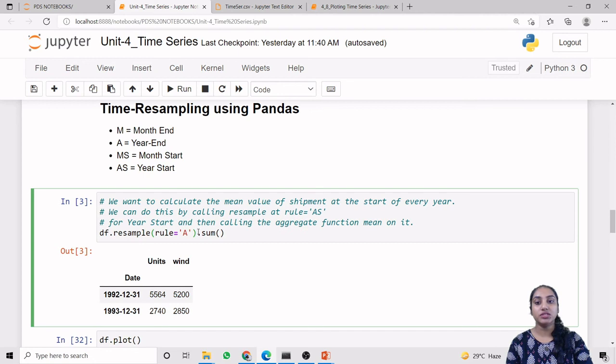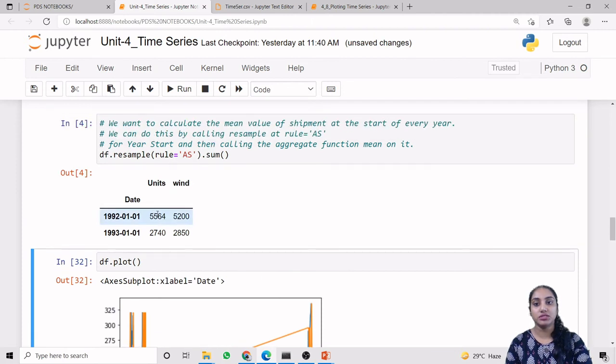Now we are applying the sum aggregate function on it. So .sum we have applied, and in units and wind both the values will be added. Now we can also use AS as the attribute, which is year start. Now we can just run this code.